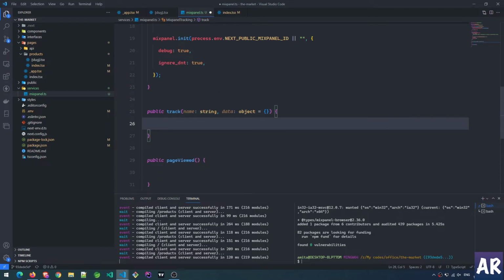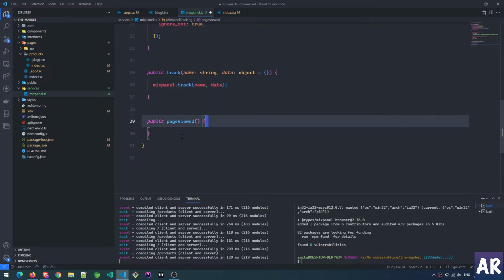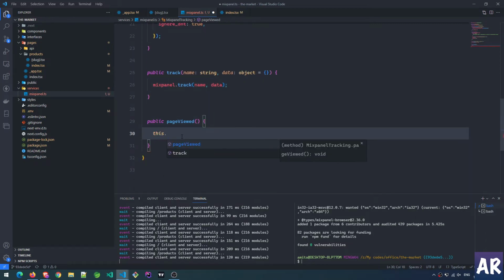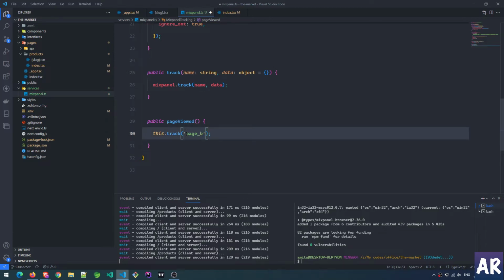Okay, and Mixpanel dot track name, data, and that's about it. So in here, this dot track name, like so, and I'm not passing the name. Oh, my bad, sorry. I know that this is going to be page view because the name is page view,